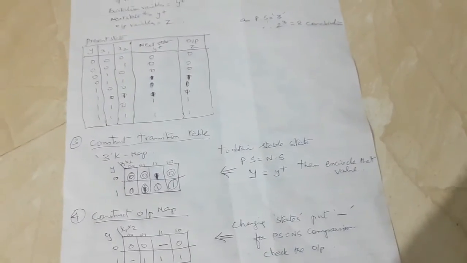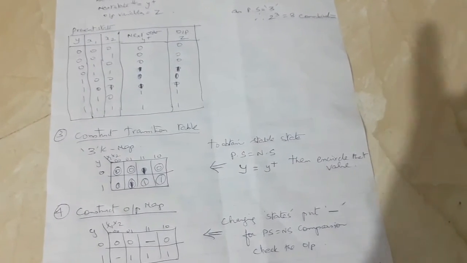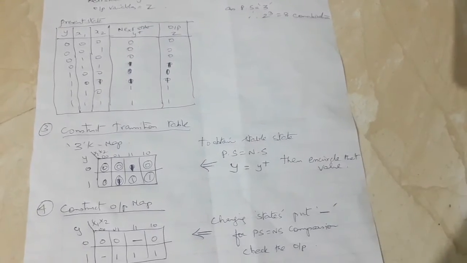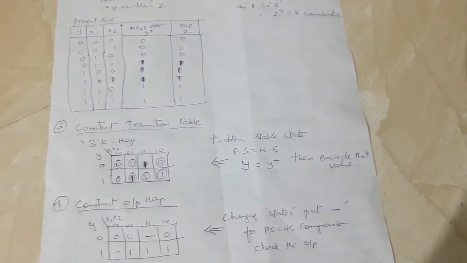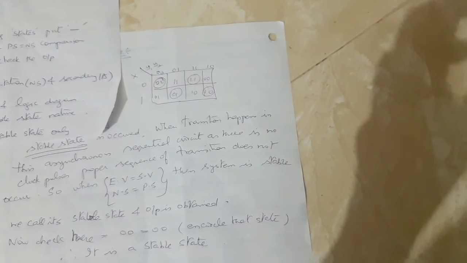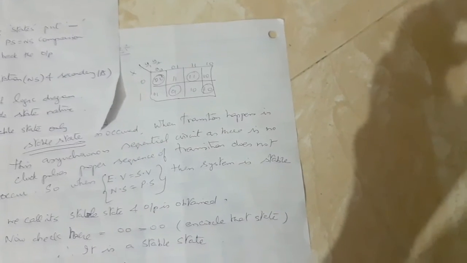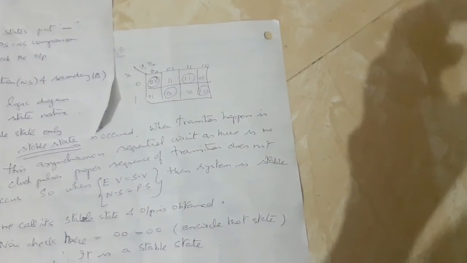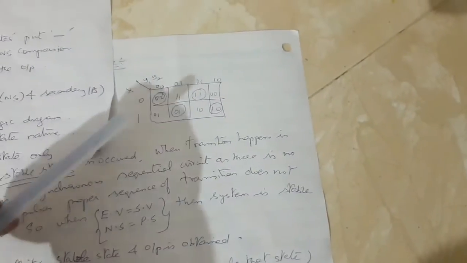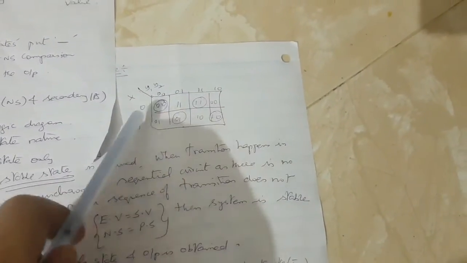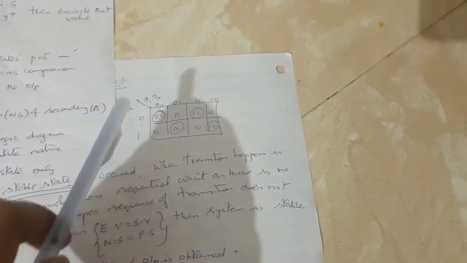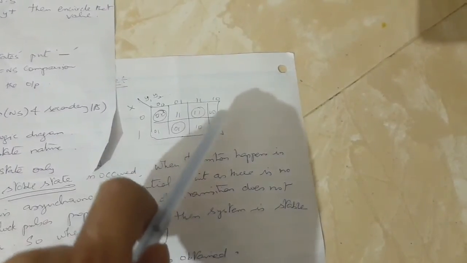This is how we can design a simple asynchronous sequential circuit, when either a logical function or a logical diagram is given to you. So this is a transition table which shows the combination of the transition table plus the output map. I've combined the two maps now. So you can see the combinations that have been made. Stable state is nothing but what is represented by the encircled portions.